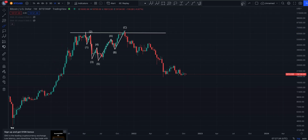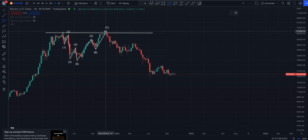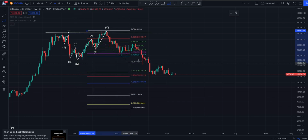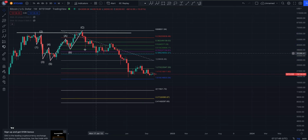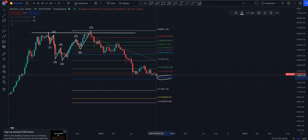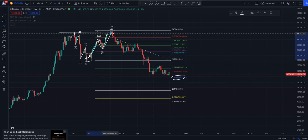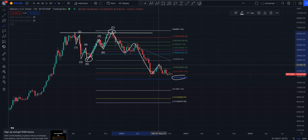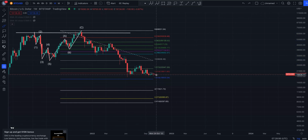So again, potentially, within this, I'm going to go from this high. We have this all-time high of 69k, retracing back down to the 28k low of support that we had. You can see as well that the 1.618 sits around that 16k area, going from the all-time high back down to the low where you started this ABC wave up. For the irregular high, the 1, 2, 3, 4, potentially 5 waves down could end at that 16k. But if you lose 16k, ultimately,